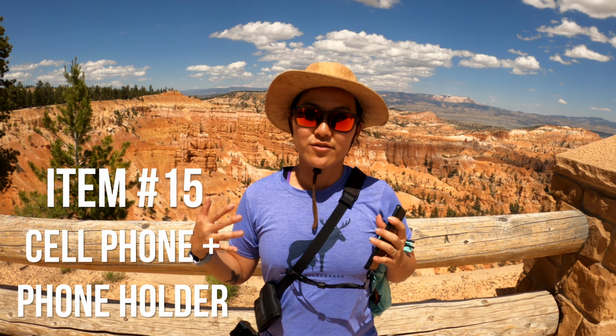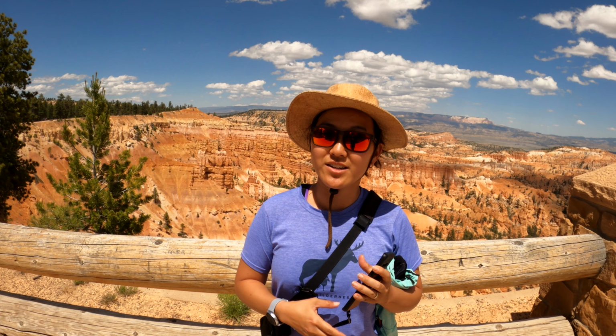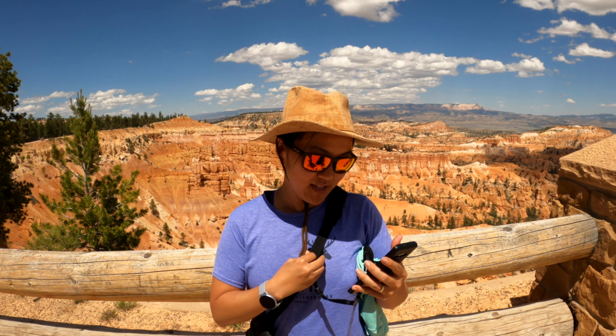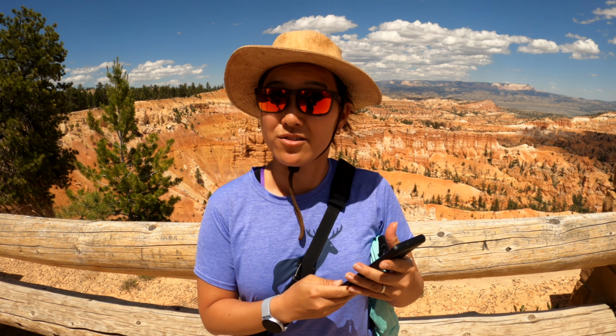So for this trip and a lot of trips in general where there's an edge or somewhere where you're kind of scared of dropping your gear, I have 2 things that really help with that. The first thing is the Black Rapid Wander Strap, which I already use a lot, and it just keeps your camera or your phone tethered to you so you don't have to worry about dropping it or losing it or